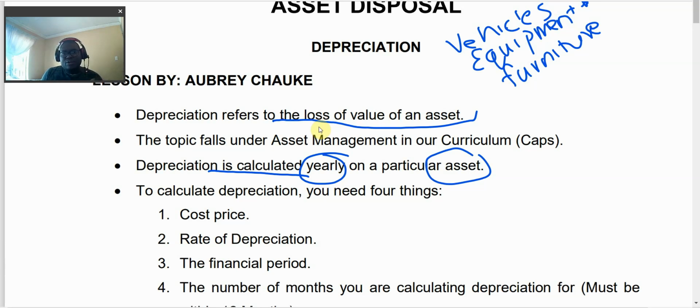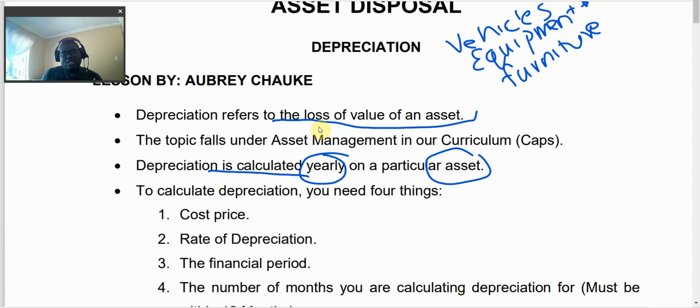If you check, when you calculate depreciation, you are working out of a period of 12 months. And when you convert 12 months into a year, you'll realize that a year is made out of 12 months. So that's why I'm saying depreciation is calculated on a yearly basis. And then one thing that you can also look at is that if you check, when you close off